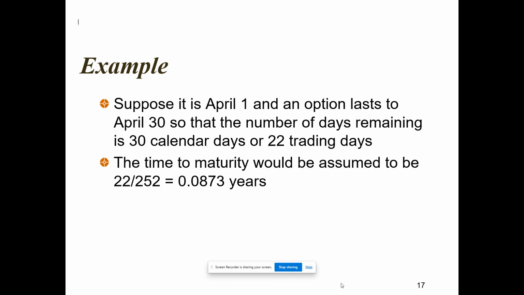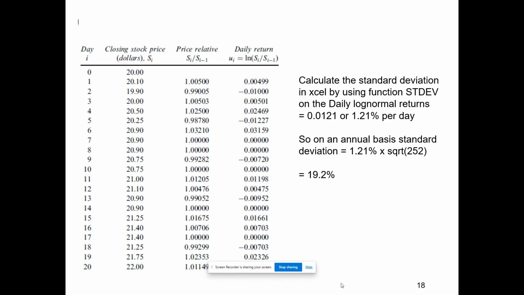So let's take an example. Suppose it is April 1st and an option lasts to April 30th. Number of trading days remaining is 30 calendar days or 22 trading days. So the time to maturity would be 22 divided by 252, which is 0.0873 years. Now, how do we do this